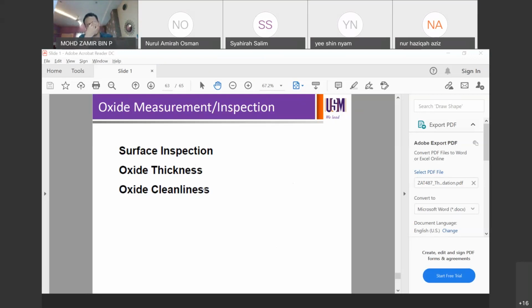There are a few measurements for this. There are multiple characterizations that you can do. In fact, there are more than these characterizations. What I put here is only the simplest one. There are many more characterizations. So the more crucial the device is, if we're talking about 100 nano technology node